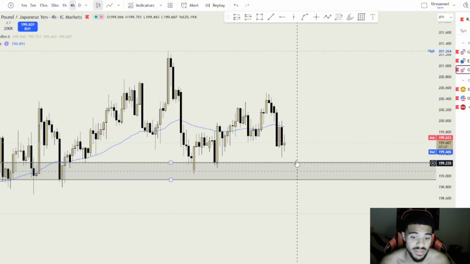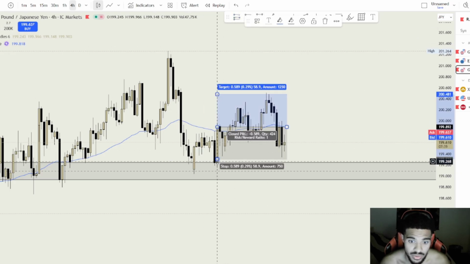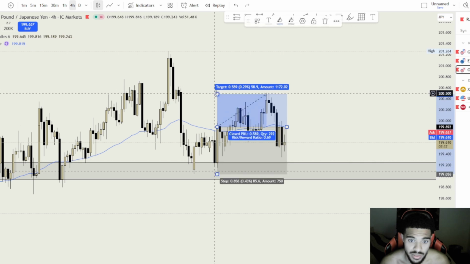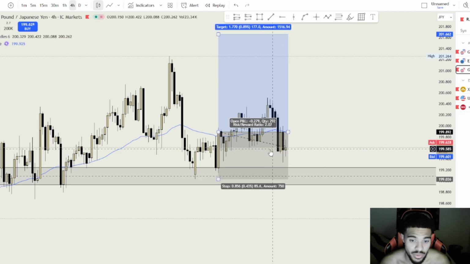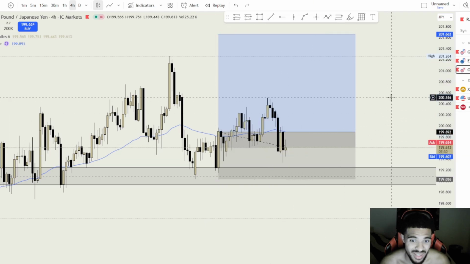Yeah, it does come back down into this zone. I'm looking for a bullish engulfing, something similar to this here. If we do get something like that or something like this, I'll be looking for longs with that underneath, 1 to 2s, something like that is what I'll be looking for. So I mean, that is a position in itself.